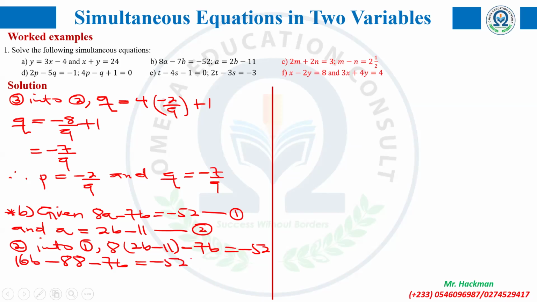My professors, I hope you are following. So let me continue here. We are going to combine the terms in B. So 16 minus 7 will give us what? 9. Am I right? So we get 9B. And that will be equal to, this time around, minus 52 plus 88. You can write it, but I always do that mentally. So minus 52 plus 88, or 88 minus 52, will give us,